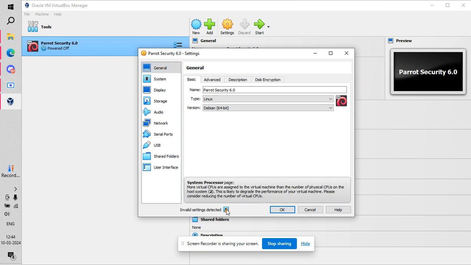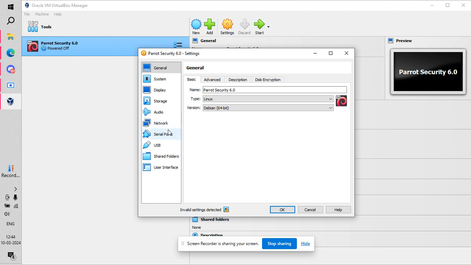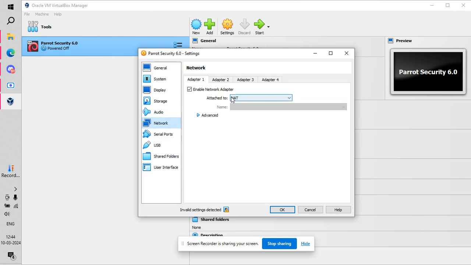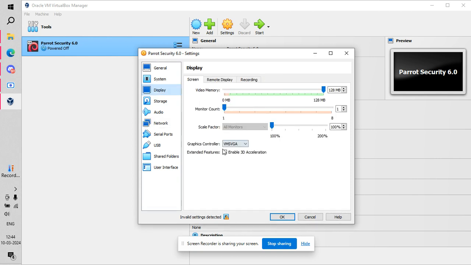Here there is an error in system, processor, virtual CPU. Yeah, no issues in that. And here in the network, you have to change this to bridged adapter. Okay. And also in the display, if there is an error, you have to change